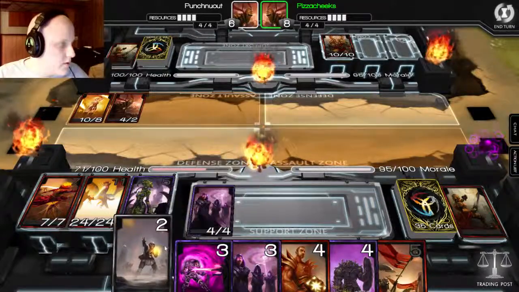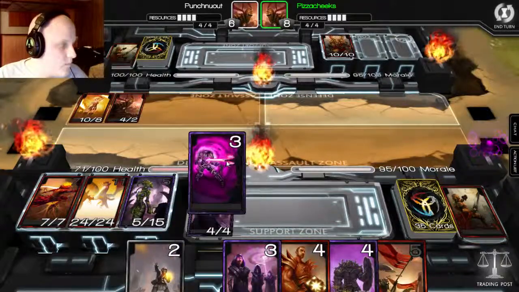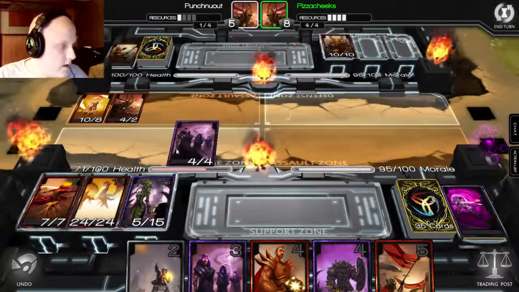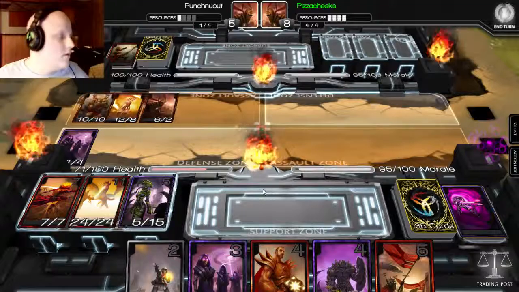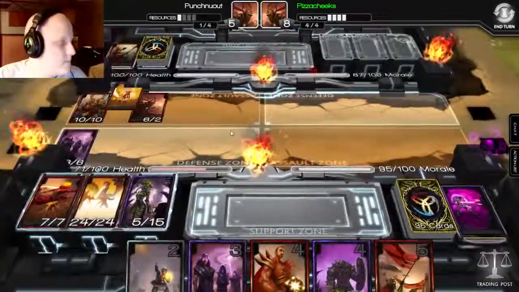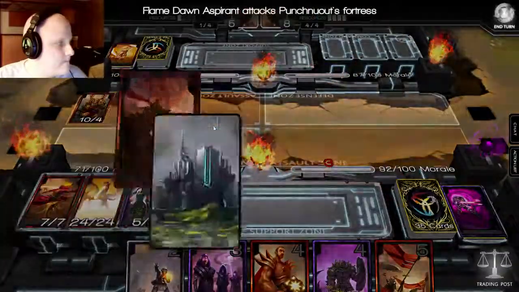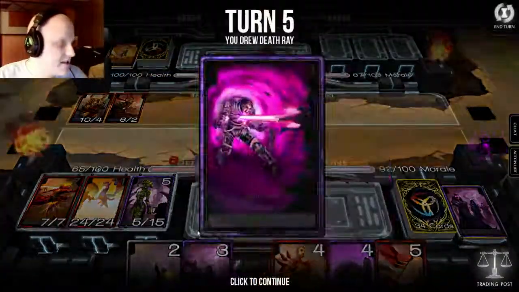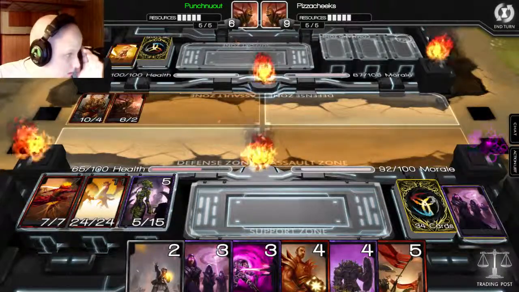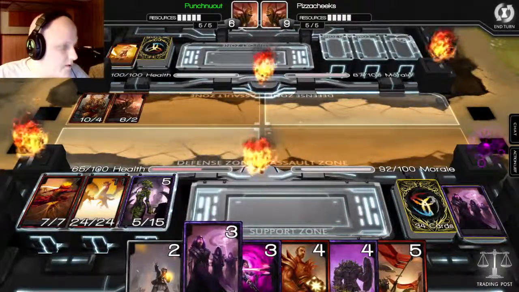So we're going to have to waste a death ray to kill that and put this out there as well. Or he could just kill us anyway. So we still take 6 damage. And we still get another death ray, so it's all good. We're going to do...